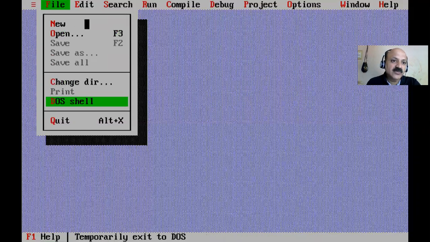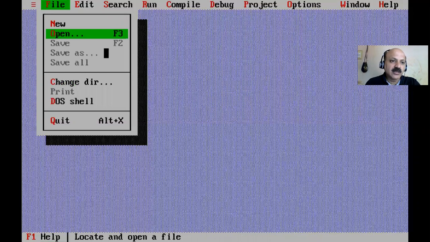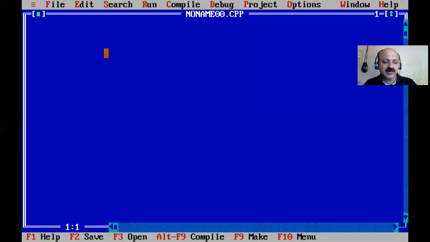And the menu is in a fixed position, it does not repeat again and again, and we can choose our option. So that is called an option. Like here I select new, so a new file is opened in the C language or Turbo C++ editor.